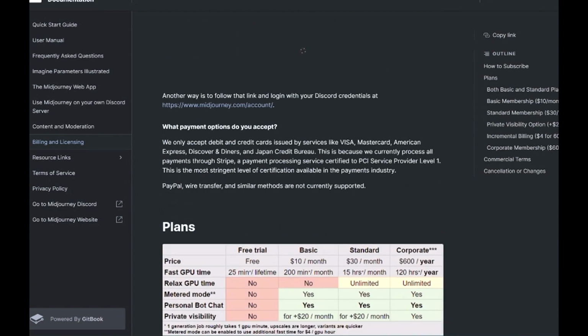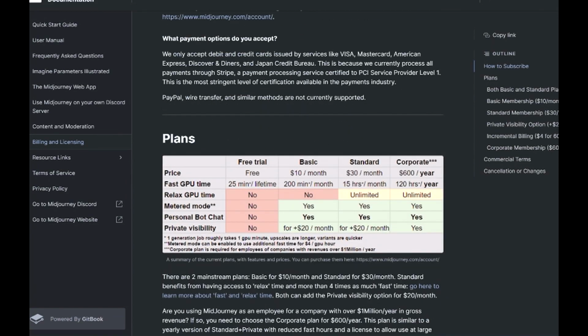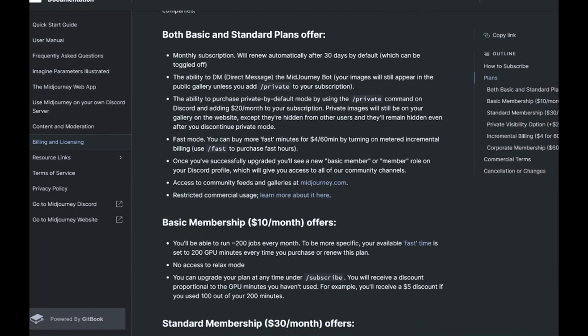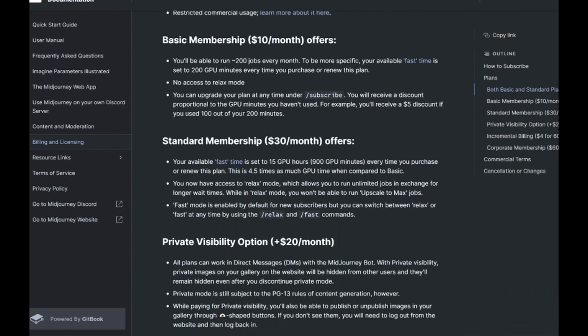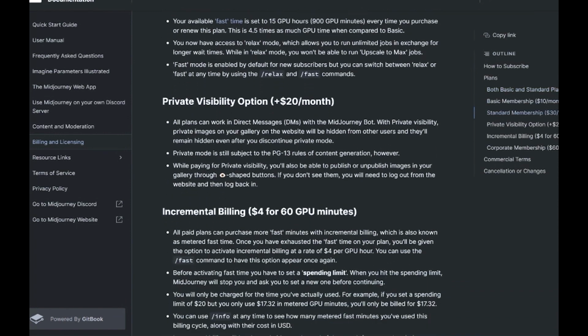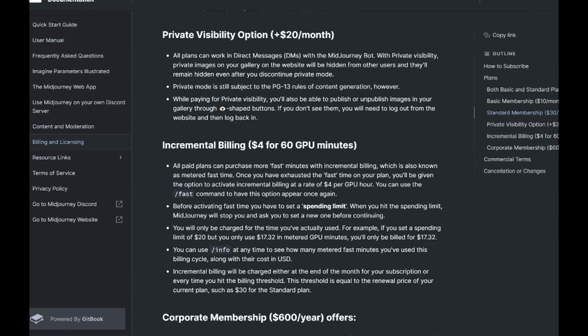As a trial user, it limits you to the amount of images that you can create, but obviously it's a trial, so you can see if this is for you or not. Once you become a member, you can obviously create a lot more images, and the subscription is either $10 or $30. The basic subscription lets you run roughly 200 jobs a month. What's very cool is that you actually own every single image that's created. There are, of course, exceptions, but you can follow that up in the frequently asked questions section.